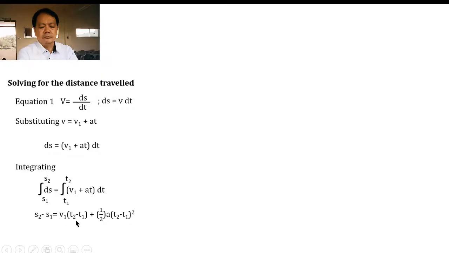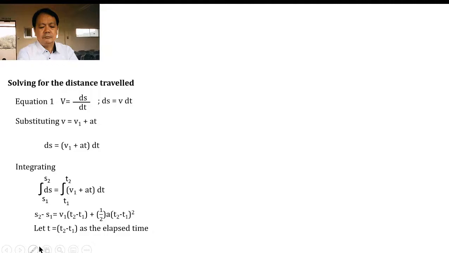In here, I already have evaluated the limits, plus 1/2 of a times t sub 2 minus t sub 1, squared. And again, if we let t, which is the difference between t sub 2 minus t sub 1, be the elapsed time, and we replace it here in the formula for t sub 2 minus t sub 1,